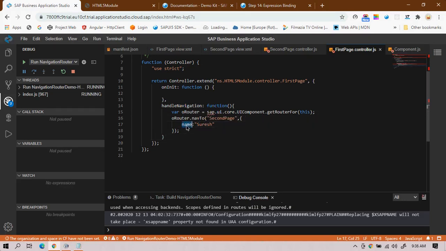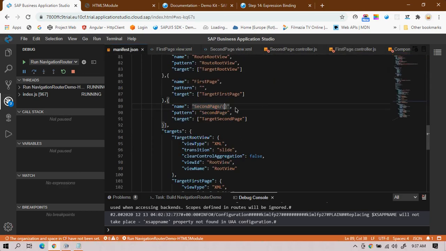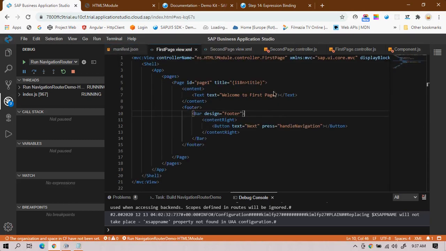This is the property name I defined, and it is holding the value Suresh. If I want to pass this value from the first page to the second, I'll copy this property name, go to the manifest.json file, and simply paste it inside the curly braces. That's it. So that is the navigation.